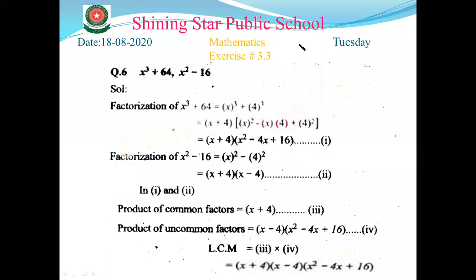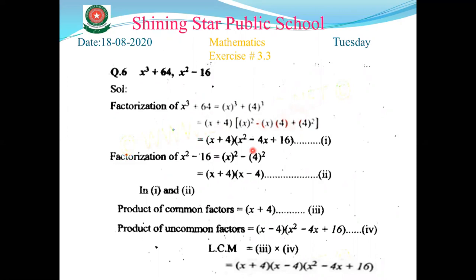Now, factorization of x cube plus 64. So, again we use the formula a cube plus b cube. So, when we use the formula of a cube plus b cube, it will give you a plus b into a square minus ab plus b square. Means x plus 4, x square minus x multiplied 4 plus 4 square is 16. Okay, now